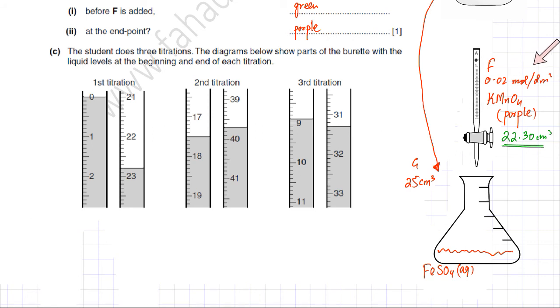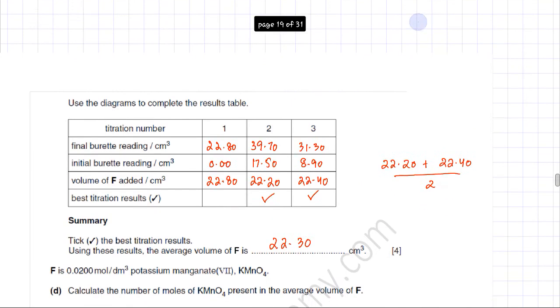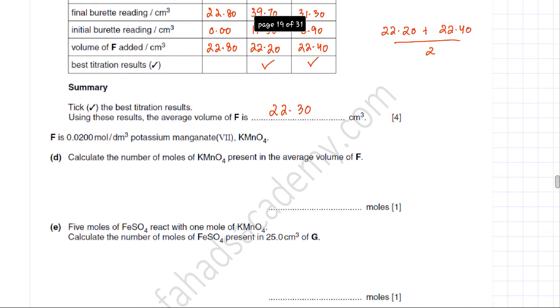So that is the average volume of F that's being used in the three experiments, and the concentration of F is known and the volume is known. Now if the concentration and volume is known, you can find the moles of F. So in the next part, you are asked to calculate the number of moles of KMnO4 present in the average volume of F. So we need to find the moles of F. Moles for a solution is concentration multiplied by volume, and the concentration is known. We know that F is 0.02 mol/dm³ KMnO4, and we also know the volume, which is